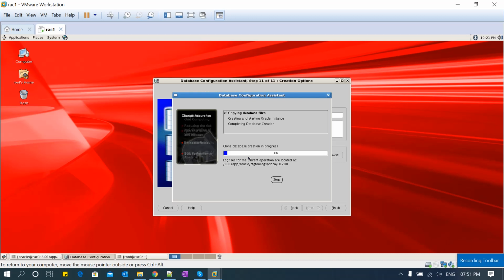For Oracle, the soft and hard files under the limits.conf file should be set to unlimited, or as per Oracle standards. There are certain prerequisites that need to be set before installing your Oracle Home or any Oracle database.